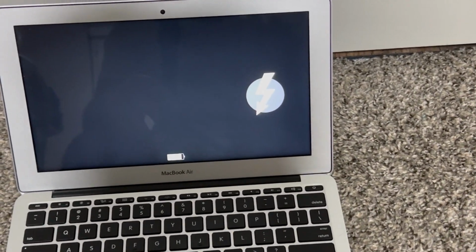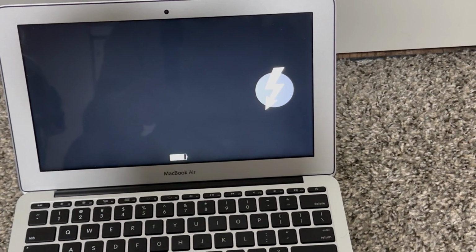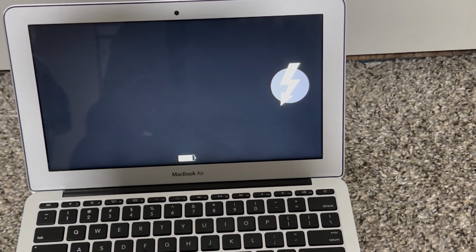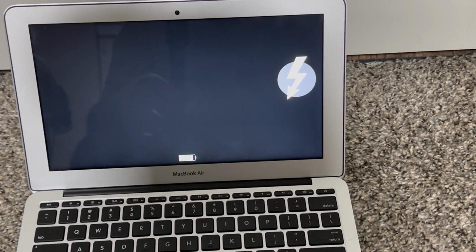And so I don't have one of those. I don't use target disk mode very often. I would usually only use it if I could get a teacher's machine to start in target disk mode and I need to transfer stuff over, but